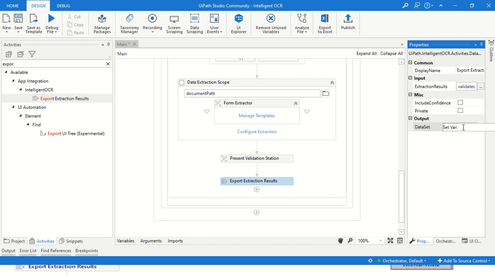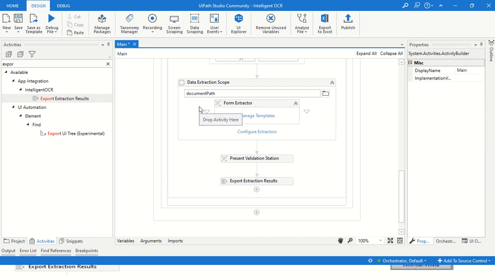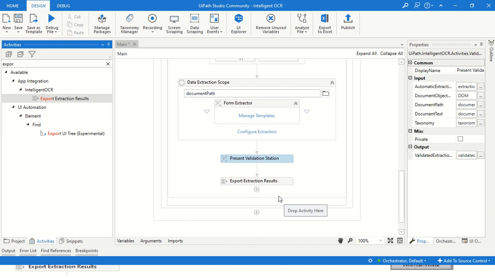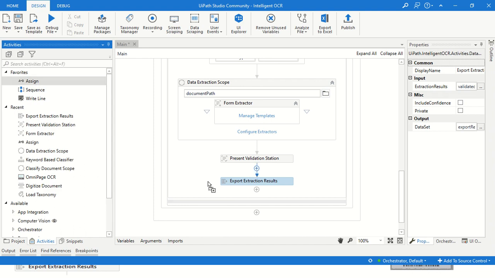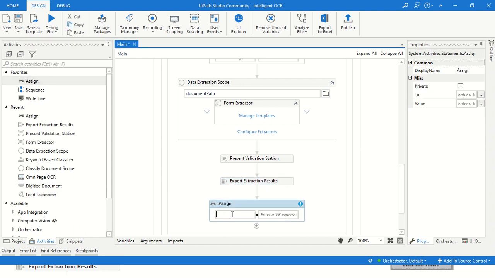Okay, we'll create export result data set. Yeah, that's it in this activity. Now we will use one assign activity here basically, and we will create one data table here because we have to put the result into the Excel format. So we will create one variable data table,